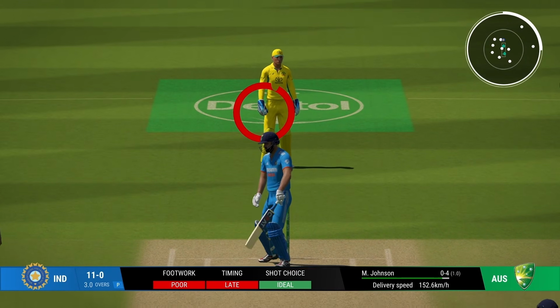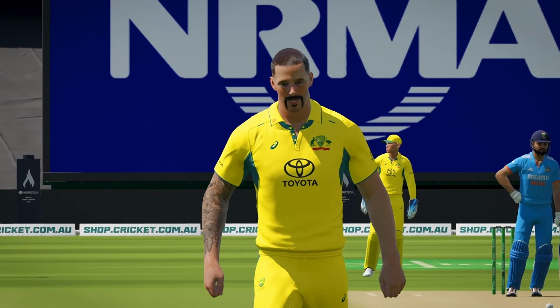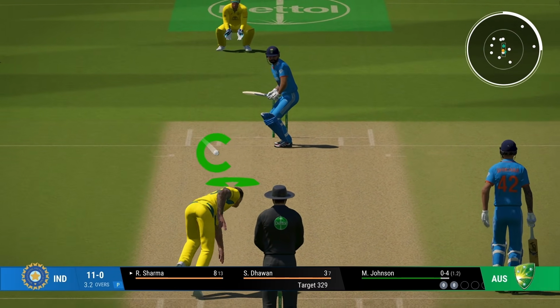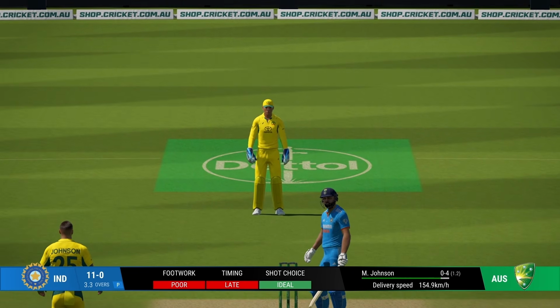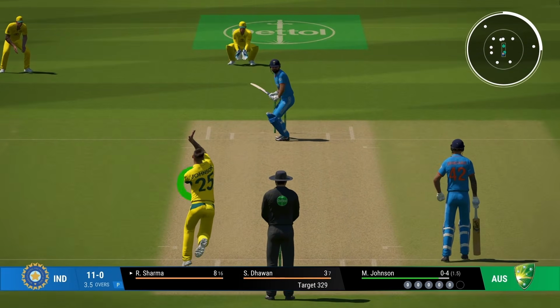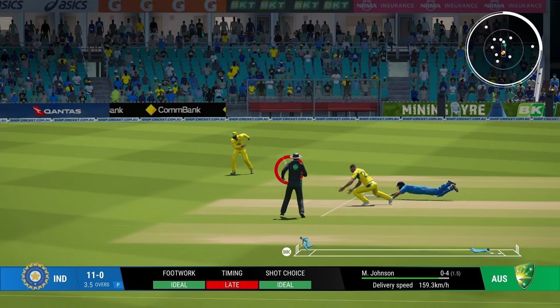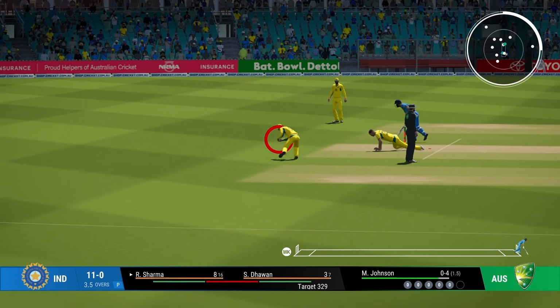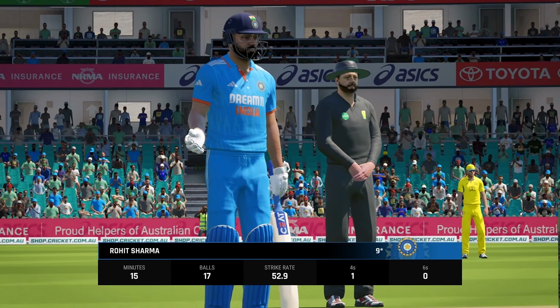That's fast and on the mark. Came in as well. Beautiful delivery. Lucky to not get out on that. This action is also very much like Mitchell Johnson. Yet again, beats the outside edge of the bat. A little late on that, but I think we should be able to sneak through. That was very tight, but I think in the end we got through. Just one off that over. Wonderful.